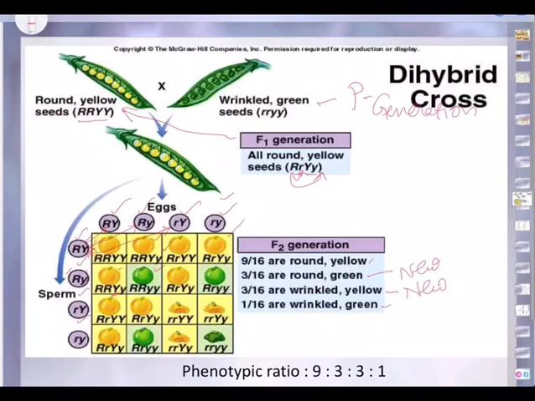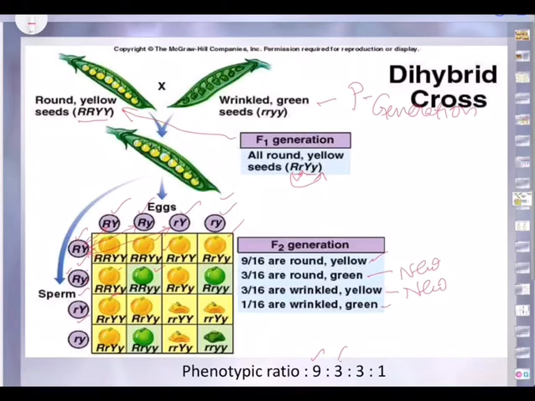When you cross this, you can count how many round yellow seeds are there. And when you are counting it, you must remember, even if one dominant gene, capital R, is there, the seed becomes round. One capital Y is there, it becomes yellow. So round and yellow, you count how many? You will see 9. You can count here in this Punnett square. Top 4, second row 2, 4 plus 2, 6. And third row 2, 6 plus 2, 8. And fourth row, first one. So 9 are round and yellow. So 9 by 16 are round and yellow.